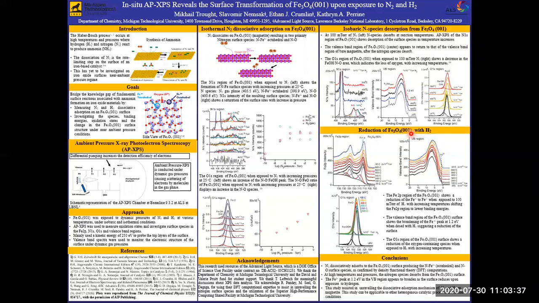In conclusion, the primary species obtained upon nitrogen dissociative absorption were that of nitrogen bound to Fe3+ octahedral and nitrogen bound to an A-type oxygen site. In our isobaric experiment, we found that the nitrogen species desorb at high temperatures, and then hydrogen reduces our magnetite